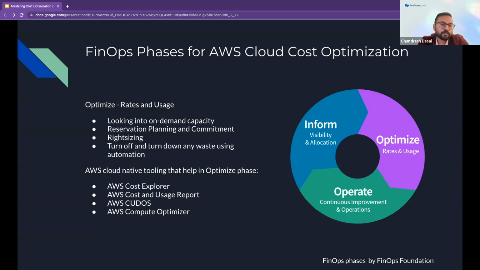And as I mentioned earlier, you can also use the same tools like Cost Explorer, Cost and Usage Reports, CUDOS, and Compute Optimizer. I already added them there. These are the main cloud native tools you can use to make your environment better as a cost optimization model. So let's jump into the next phase,